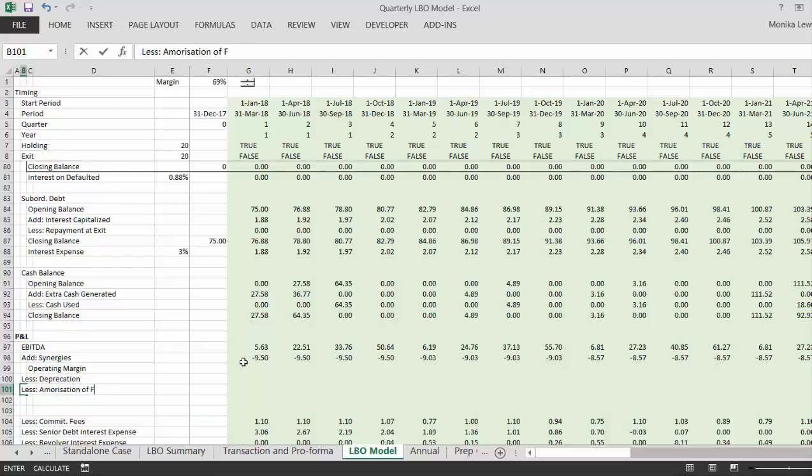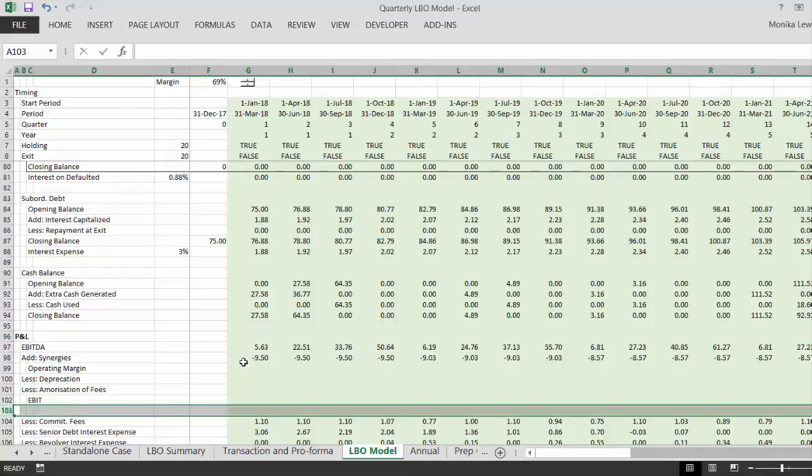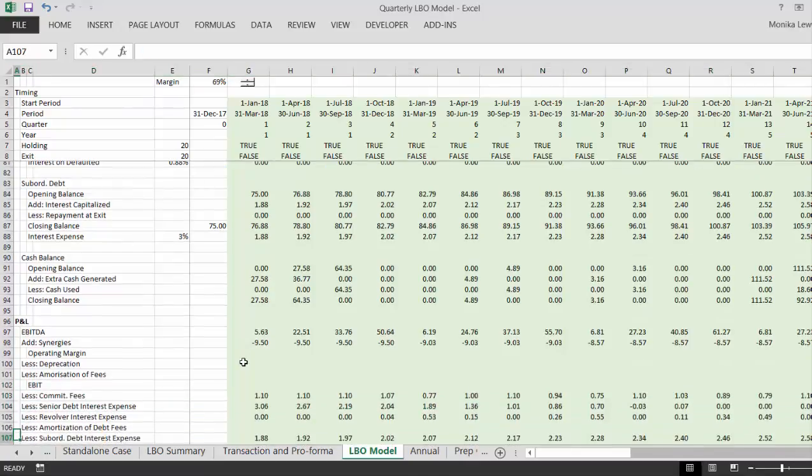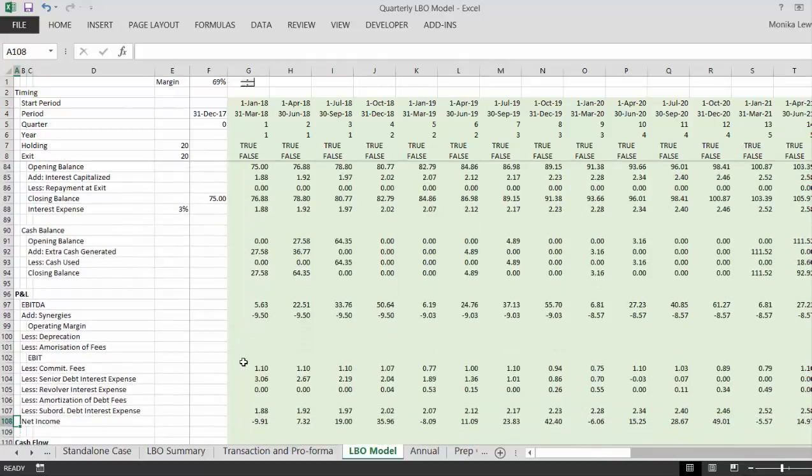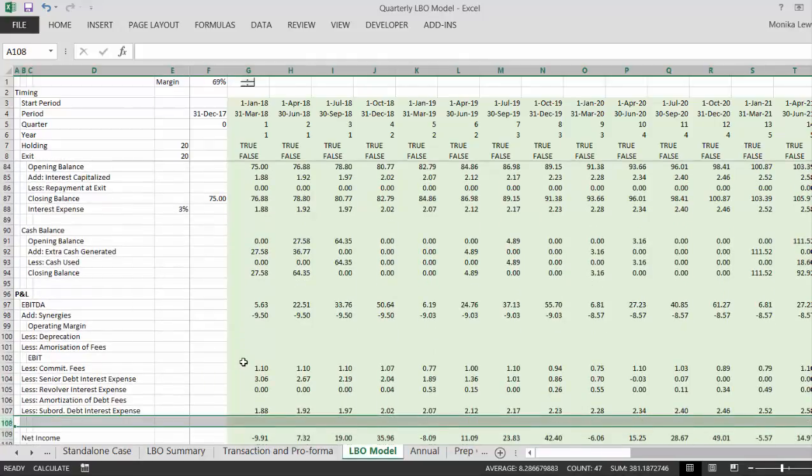Okay, and you'll put EBIT, and then we take away all of our fees and our interest, and instead of just getting net income,